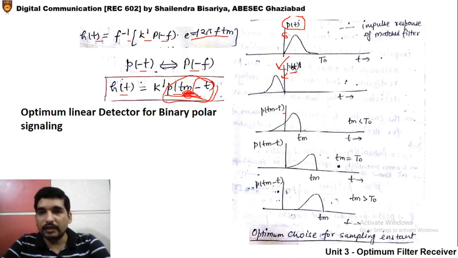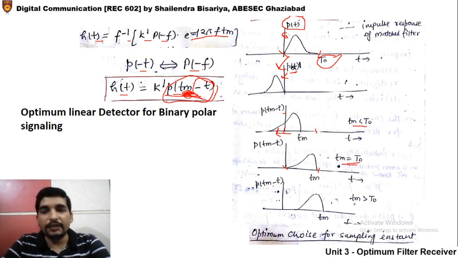Here we are considering three cases. First case, when Tm is less than the time period of the pulse T0. Then it will be something like this: some portion is in between, and the remaining portion is on the negative side. And if Tm is equal to T0, this is the second case, it is exactly here from 0 to Tm, as it was here 0 to T0, if Tm is equal to T0.